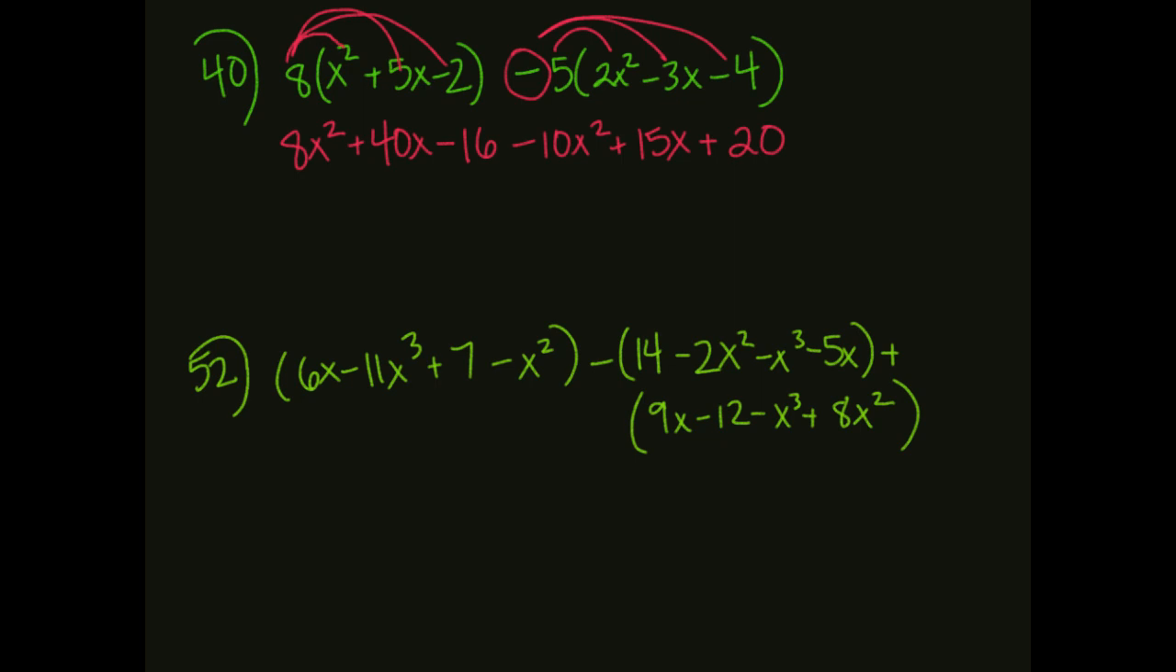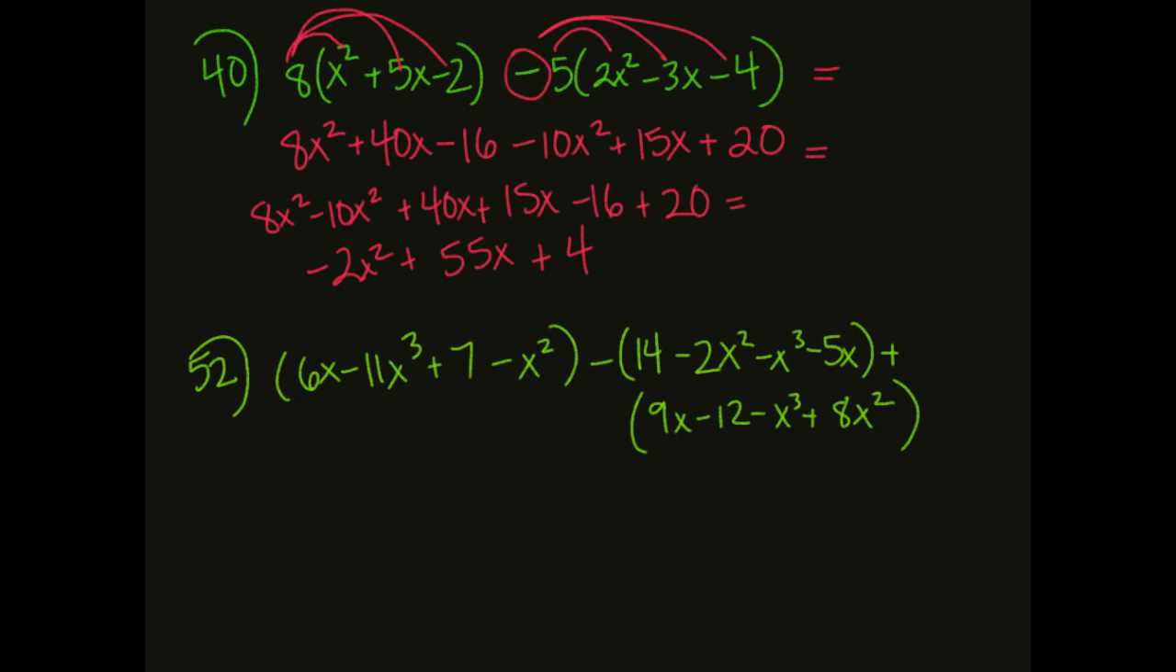Combining like terms, we have 8x squared minus 10x squared, and then 40x plus 15x minus 16 plus 20. Regrouping, this gives me minus 2x squared, this is 55x, and this is 4. Okay, so number 52: I'm subtracting a big polynomial from another polynomial, and then I'm adding